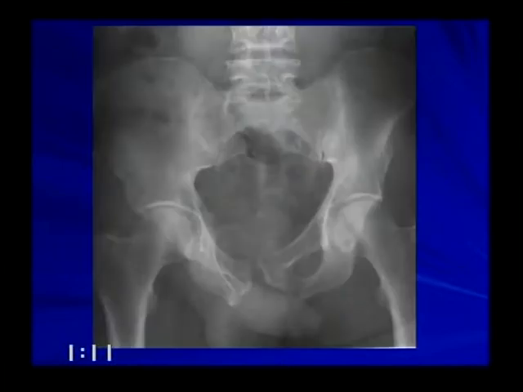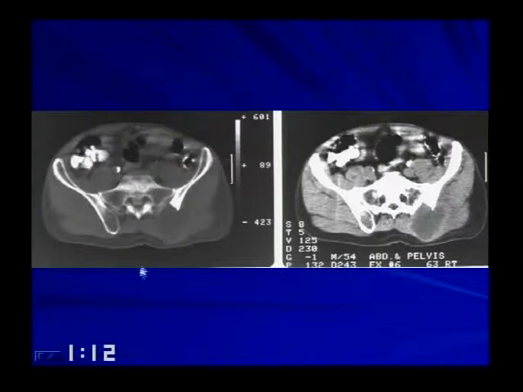Here's a young guy. No, this was an older patient. I'm sorry. This guy's like 70 or 80. He has a lesion in his ilium. If you look at the normal side, you can follow the crest back behind the sacrum. You look on this side, and it just kind of disappears. This patient had lung cancer, has a huge lesion that is very hard to see on a plain film.